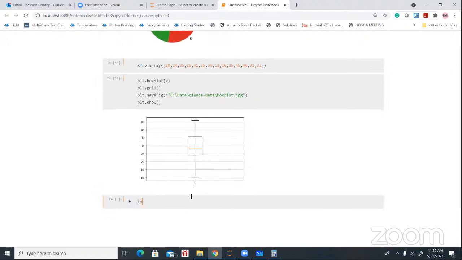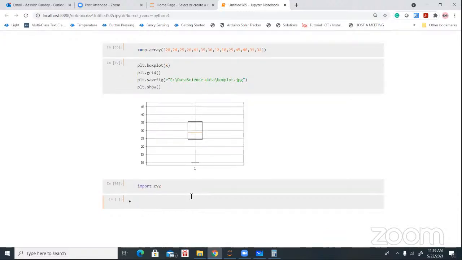So you can also use it to import some images. So let's suppose that if you have some image, you can just import the cv2 library, and from cv2 you can